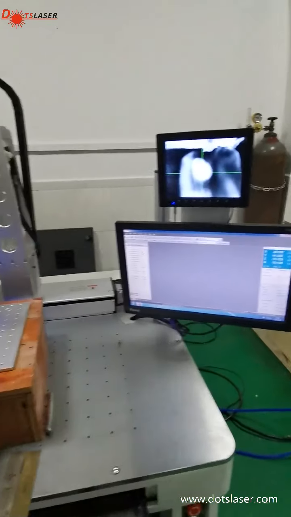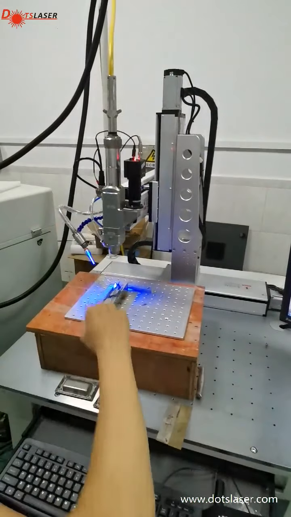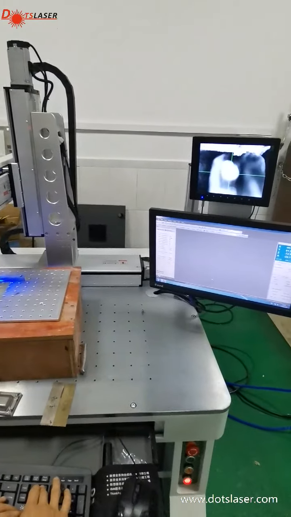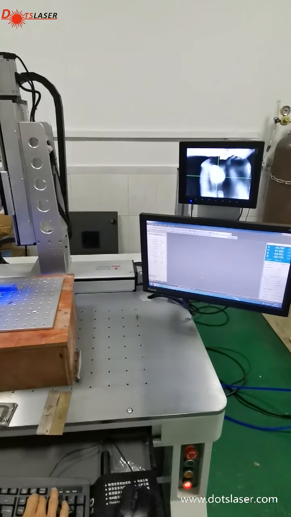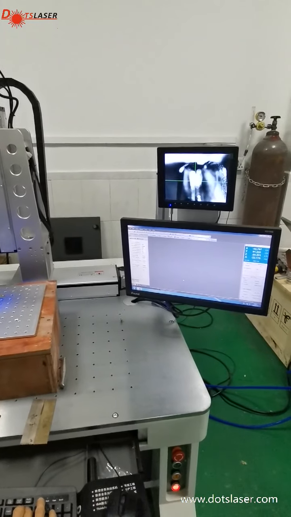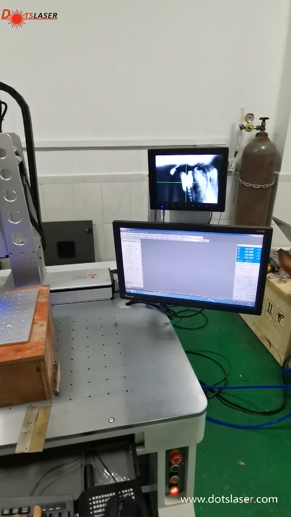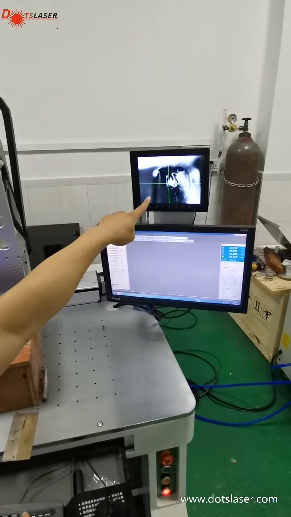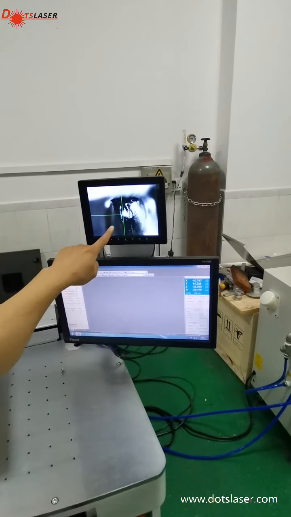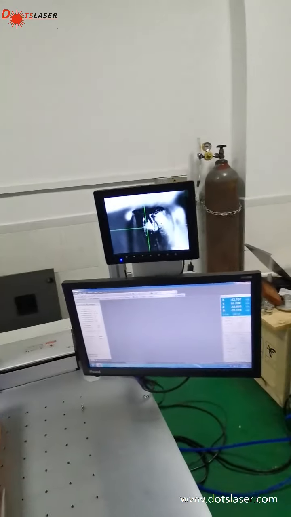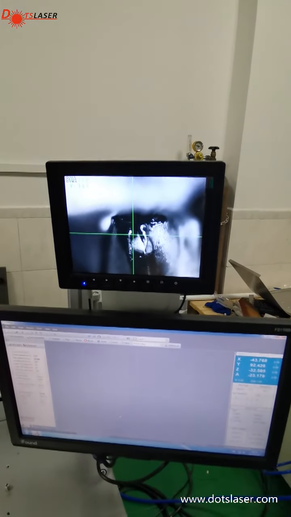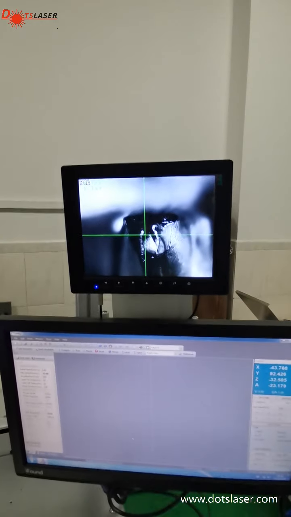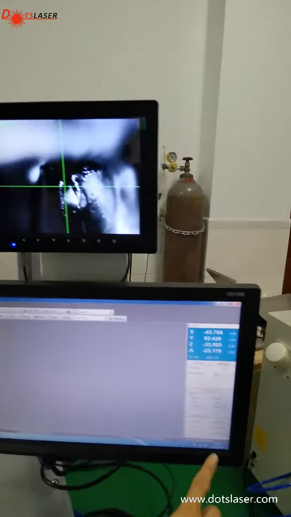We have to move the laser head upper to find the focus. So you will see here. So now is the focus point. This is the focus point. And then the same way, we have to